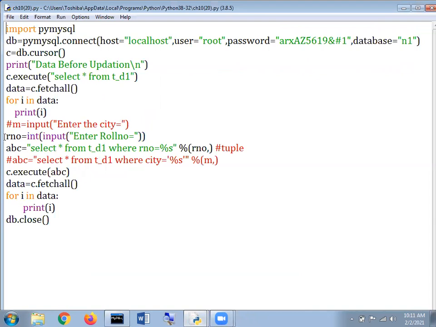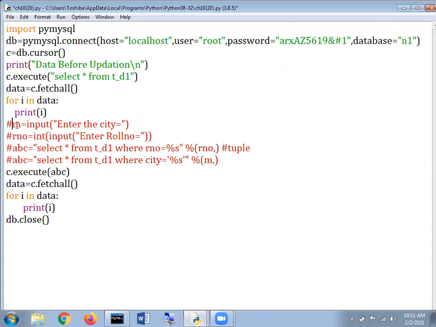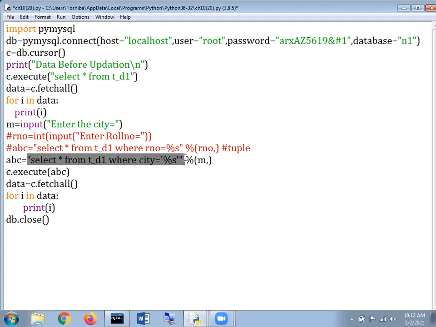Sir, what will be the purpose of a string? Now kindly concentrate. I am just going to terminate this information and make this an active statement. And what it says, kindly consider. Now this time, in spite of using an integer value, I am just going to accept a city. And the city is supposed to be entered in a variable that is called m. Is my point clear to my children? Okay. Now, can you please tell me that whatever is written inside the double quotes is to be called a template string? Wow, great.